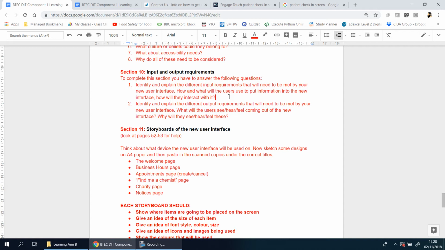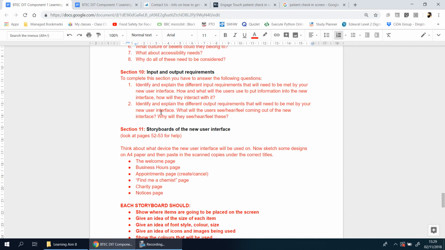But that's not always the case. You might be asked to make a website or a phone app. So we can't just assume it's always going to be the same thing. So just keep the question in mind first, and then you can adapt your answer according to the scenario that you're in. So in this situation, yes, it's a touchscreen device. So it needs to be simple, made up of buttons, and clear and not too cluttered. It also means that it needs to be well laid out, organized, and